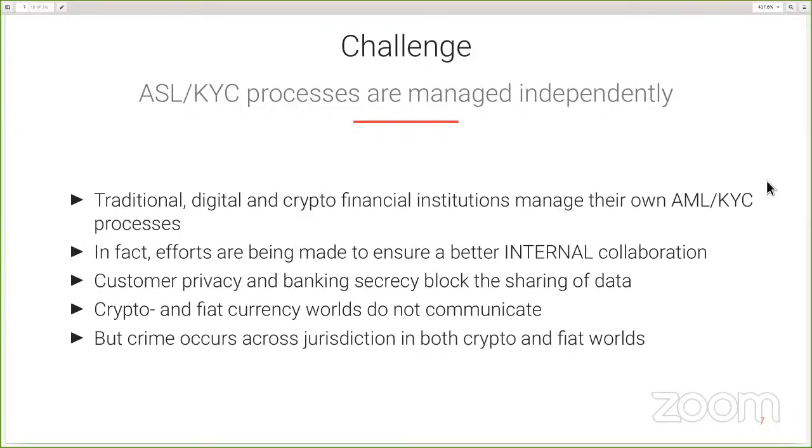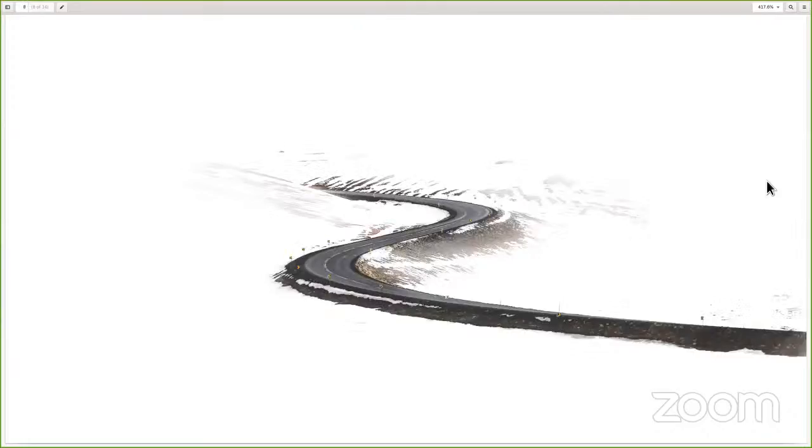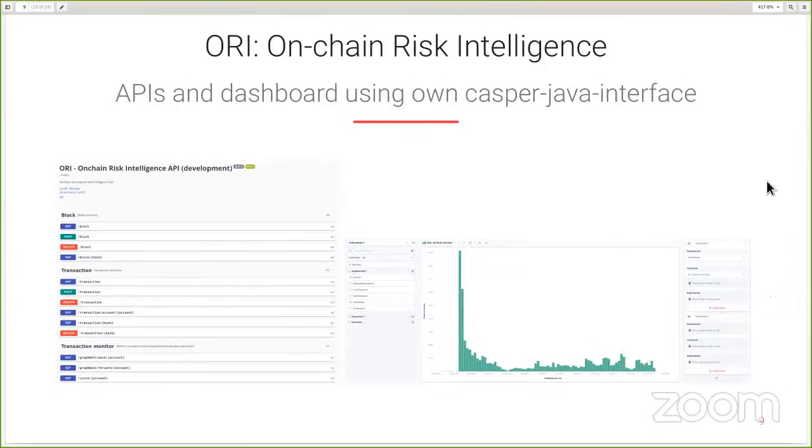In my opinion, the crypto world is actually better to trace and spot financial crime, because the ledger is public. You can see that. Whereas in the fiat world, you only see what's in your private ledger. I mean, it's the bank accounts with your institutions, right? As I said, the road ahead of us is quite long, but we have to start somewhere, and that's where this already started.